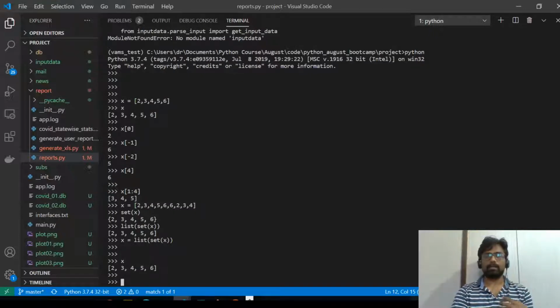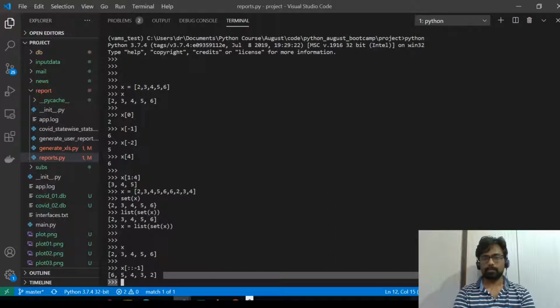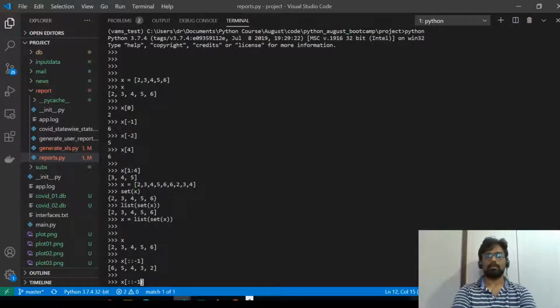Okay, and it is also possible that there are instances where you want to reverse the list. So you can do something like this. So it reverses the list. So this is nothing but list slicing, and internally you can also provide a third argument in the list indexes. So it will reverse it.